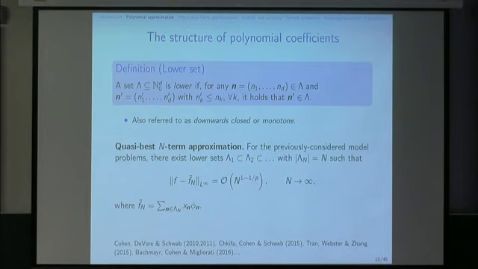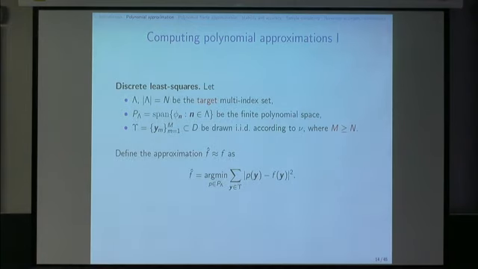So we know a lot about best n-term approximation with polynomials in tensor product domains. How do we actually compute this approximation, or compute something close to it? Well, there are three schools of thought on this. One school of thought is interpolation. I'm not going to talk about interpolation at all. But what I am going to talk about is discrete least squares, and then I'll say a little bit about